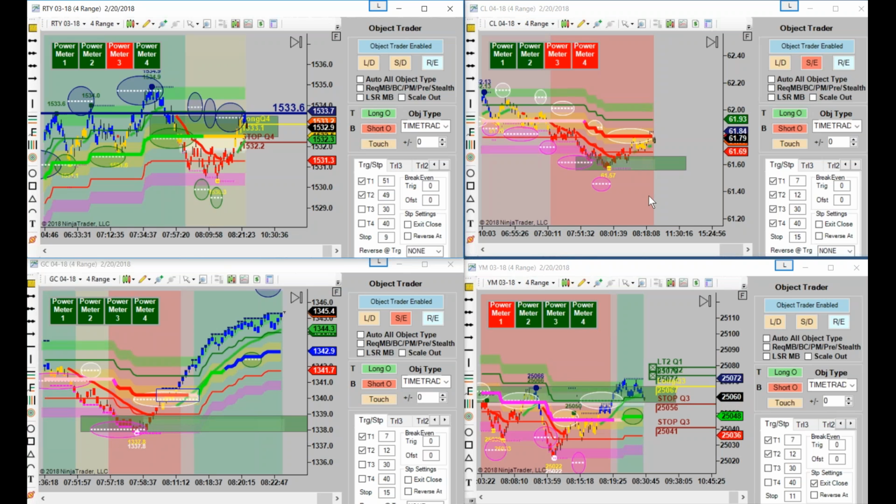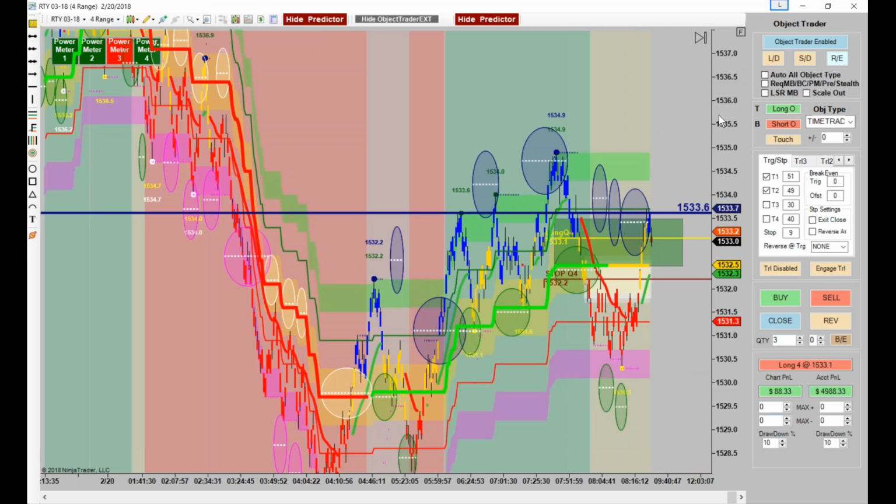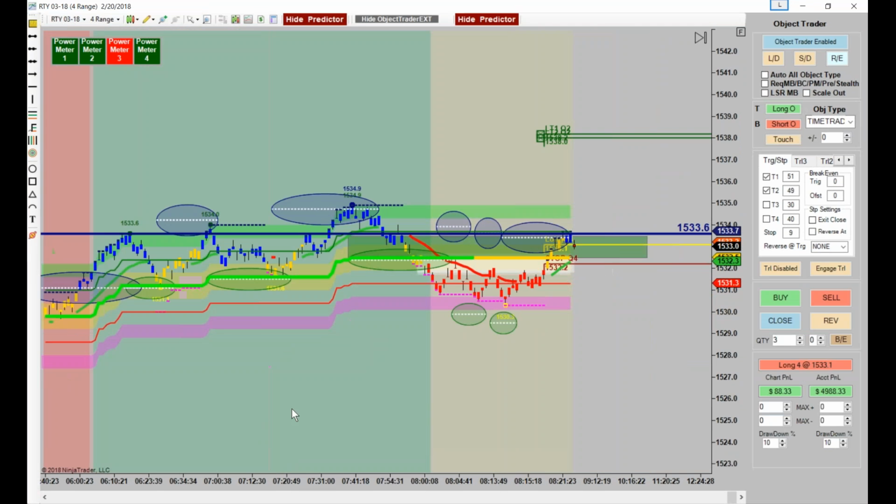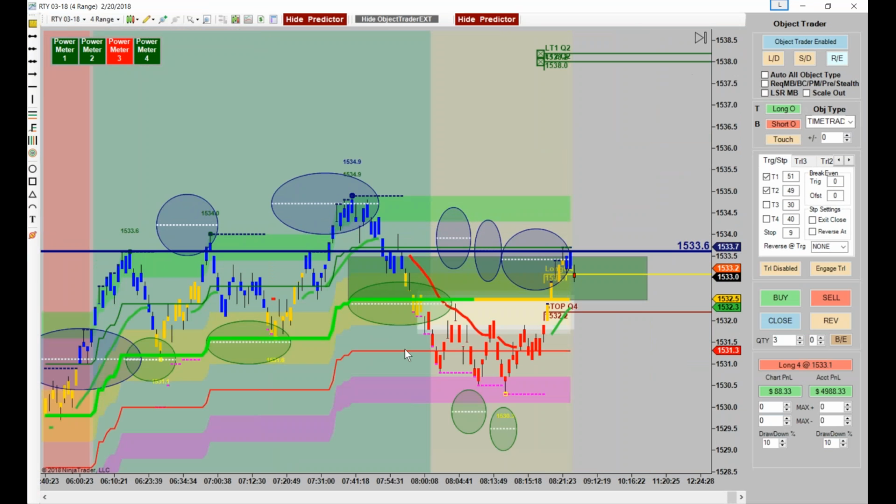Now there are some of our people that like to even trade like 7 a.m., to give an example, Central Time. You could go back and look at it and see if it would have worked, to give an example. Let's look at 7 a.m. 7 a.m. would have been right here.